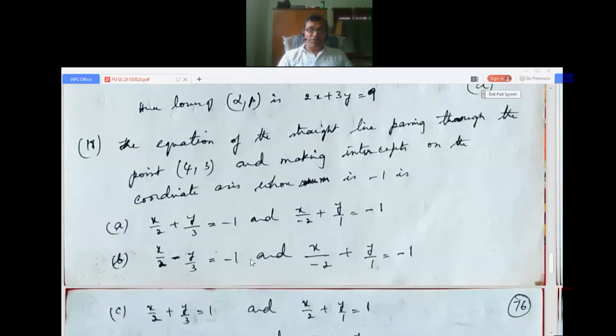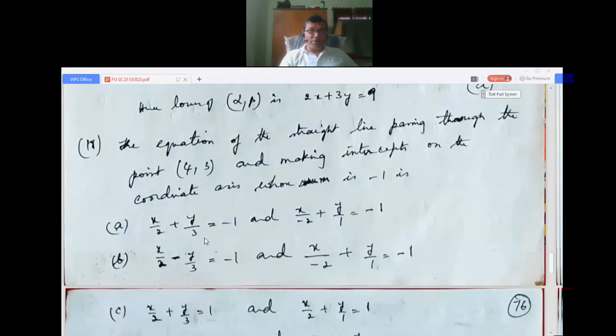The equation of the straight line passing through the point (4, 3), read the question properly, and making intercepts on the coordinate axis whose sum is minus 1 is...